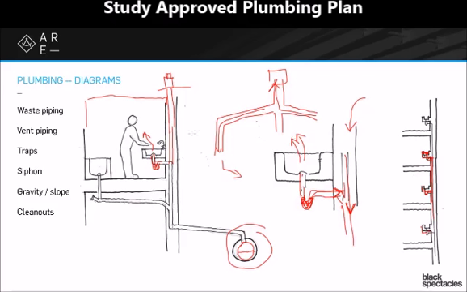A couple of other terms to mention. One is the idea of a clean out. You will find that every place that the direction changes on any waste pipe, any major change in direction, there will always be a clean out. That means there's some spot where the pipe continues the opposite direction for just a second, and there's a cap on the top, and you can spin that cap off and get a clean out rod in there and clean